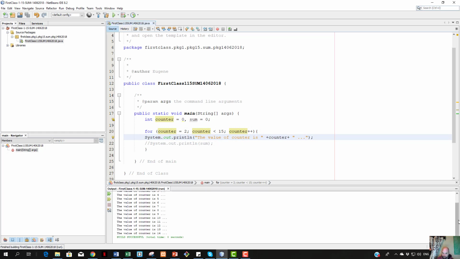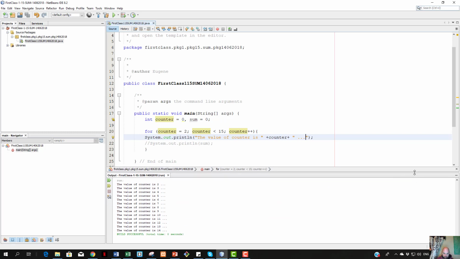Okay, and we can see down here at the bottom that our loop, the value of the counter is 2, 3, 4, all the way down, and it's 14. Okay, now what we need to do now is put in an if statement or some kind of statement that will basically say I only want to see the odd numbers. So if, and within the brackets, the normal brackets here, we're putting in our criteria. Okay, so if the value of counter,